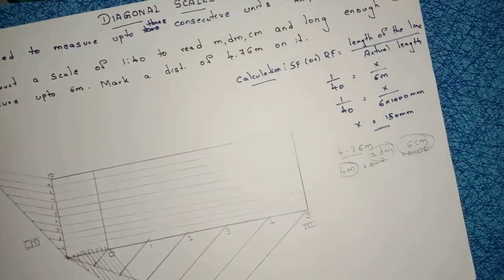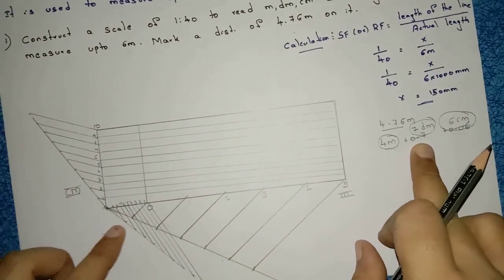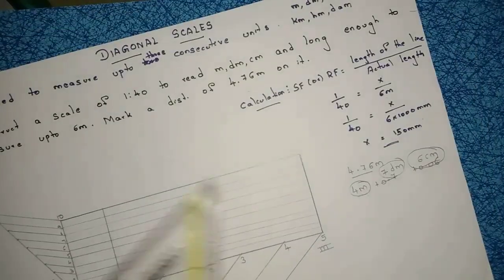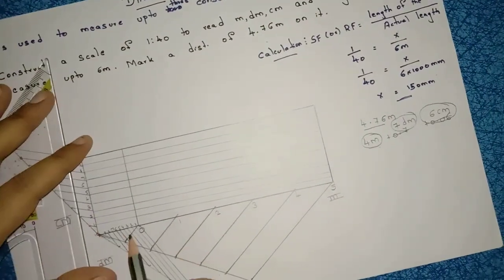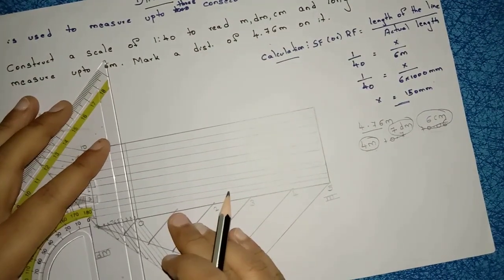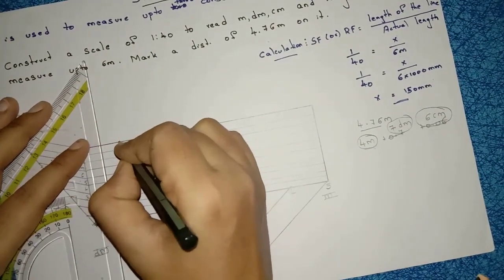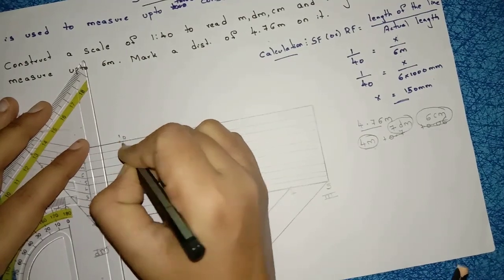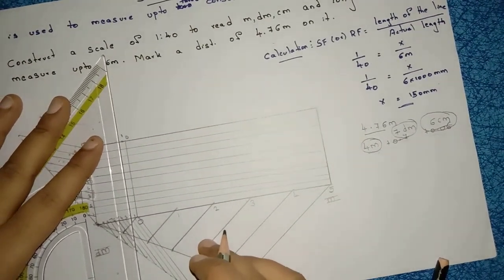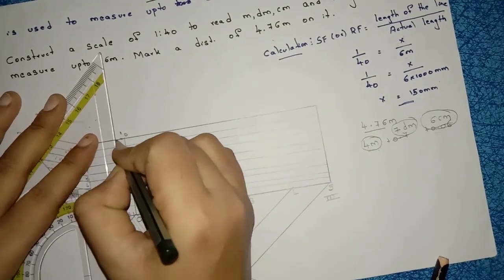Right, now you see I will mark 4 meters here, 7 decimeters here, 6 centimeters here. Now the important thing is, this is your first point, right? So exactly on first point keep your scale, right? Just mark the point and write down here 1. This is 0, this is 1. Don't draw the lines. Again from 2, keep your scale in vertical manner. Don't draw the line, just mark the point, right?